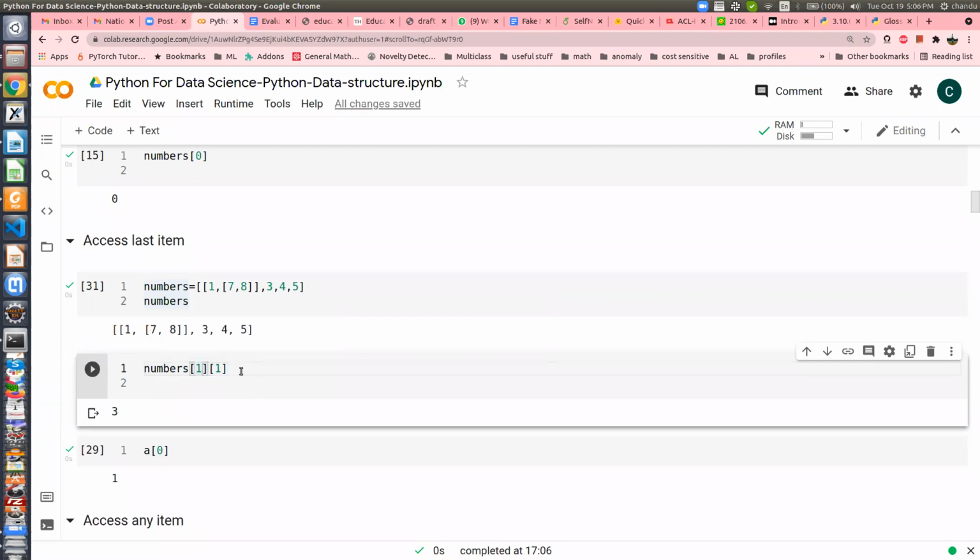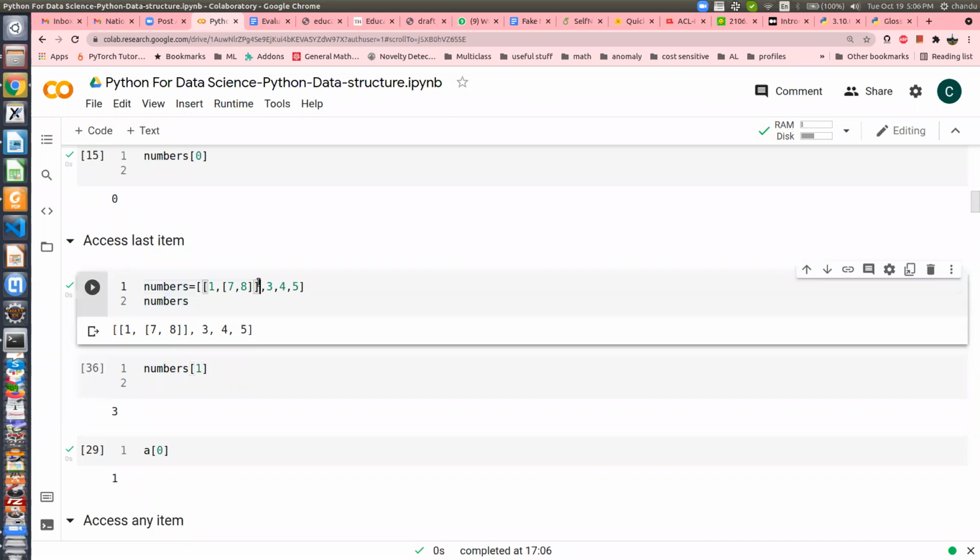I have a question. If we type number 1, so why did it come 3? Okay, is there anyone in the audience who would like to answer this question of Sarah? Because it's at the position 1. You don't see the number, you see the position. Remember, the 0th item stored at 0th location is this one, the whole thing. Remember the memory layout, the location of 3 is 1. So the item stored at location 1 is this one.